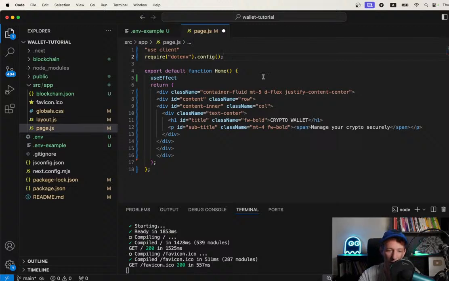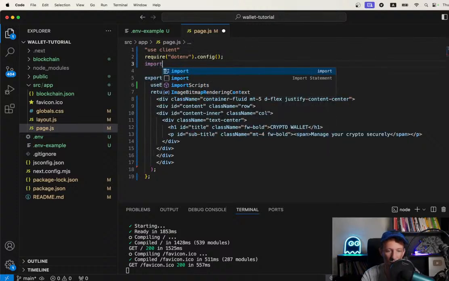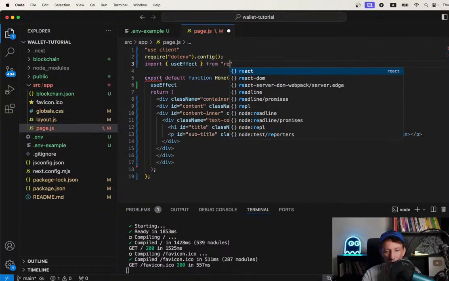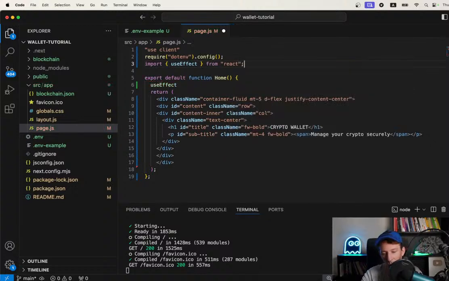So we need to import it first. So let's do this: import useEffect from. So even though we are using Nodejs, actually useEffect comes from React. Okay, so when you install Nodejs, it also installs React. So useEffect. All right,